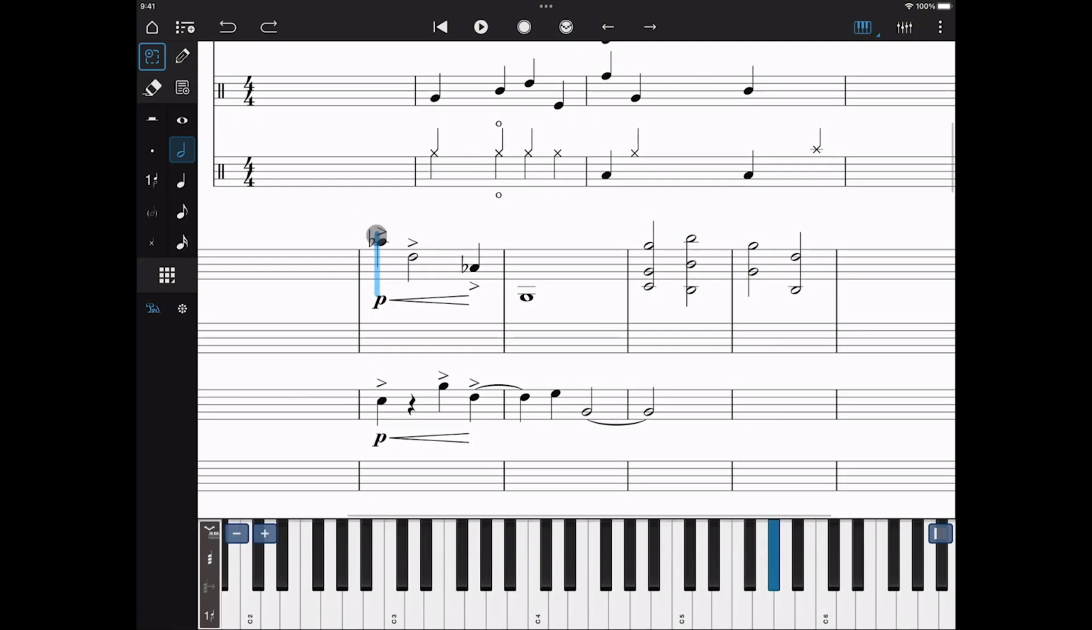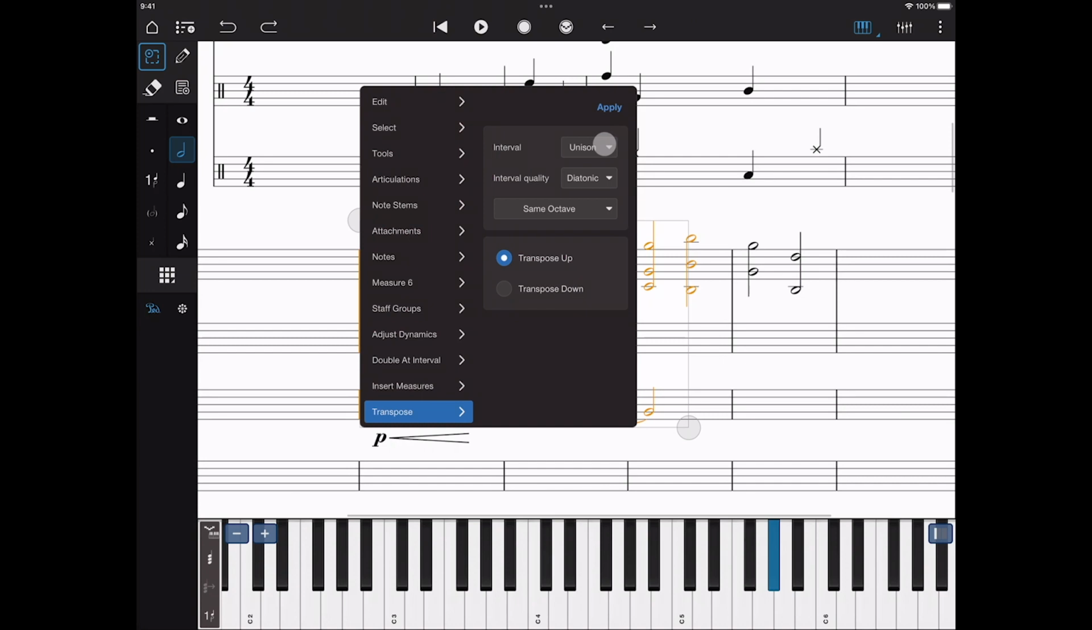Let's look at making a selection and the context menu. To create a selection, you can tap and drag to create one, or double tap to select a whole measure. This can then be extended by dragging. You can then quickly cut, copy, paste, duplicate, and transpose from this shortcut menu, or open the full context menu. The context menu can also be opened by a long press or right click, or from the menu icon in the